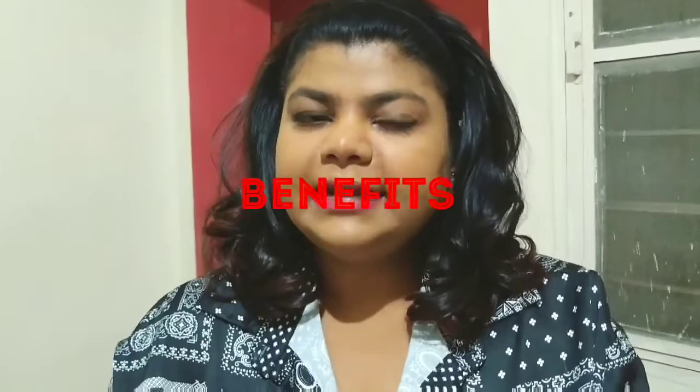Apart from that, this particular product stayed on my skin in a dry climate, which has very low humidity, and my skin is very oily. I stepped out of my house under the sun at around 4 p.m. So yeah, 4 to 8 p.m. I was out in the sun, and this product stayed on for about 4 hours, after which I was very